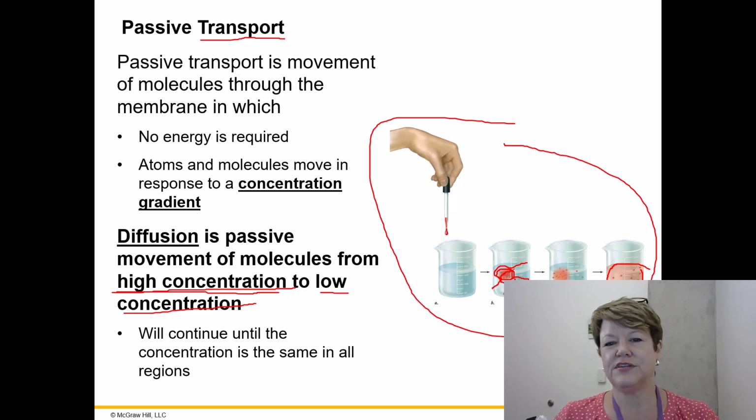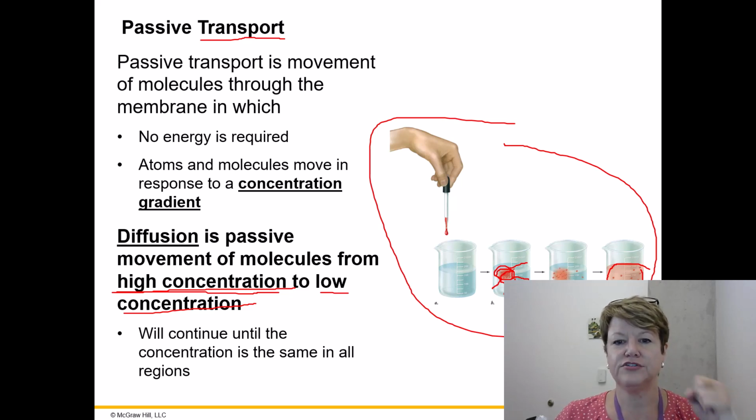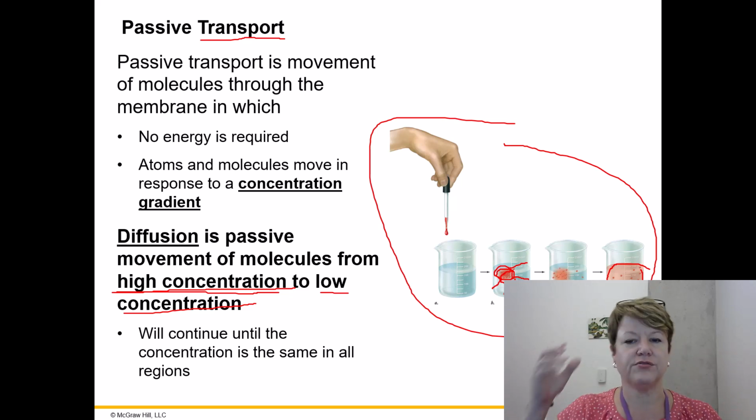This example, though, is very theoretical because the weight of the molecule will have an effect on this if you actually did the experiment. But it's more of a mental experiment in that the concentration is highest at first, and then it will spread out through the beaker and become equally distributed. So we say that diffusion, the movement of molecules from their area of higher to lower concentration, will continue until there is no gradient. There is a uniform distribution of molecules throughout the whole